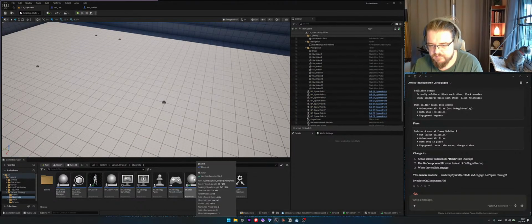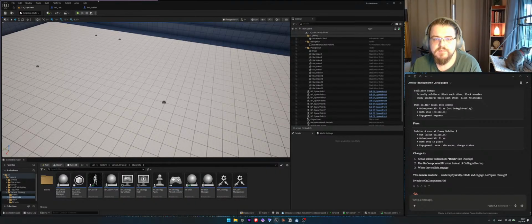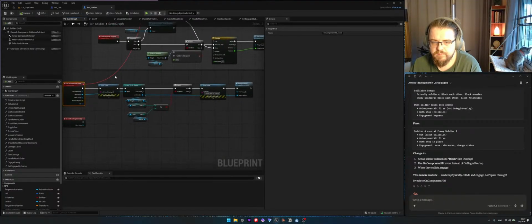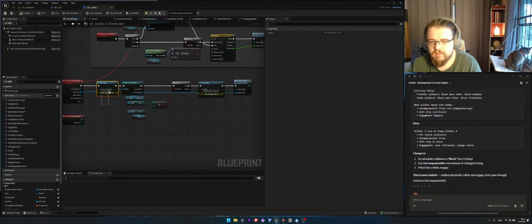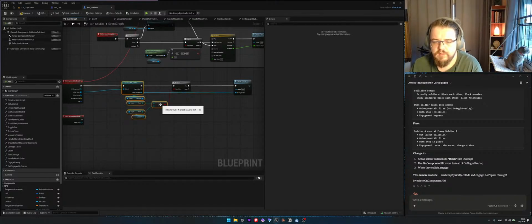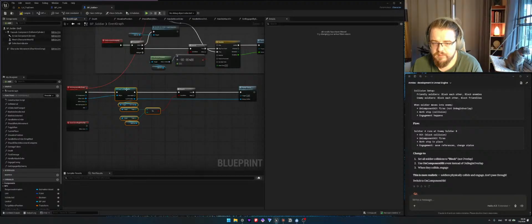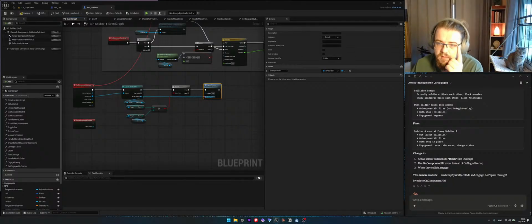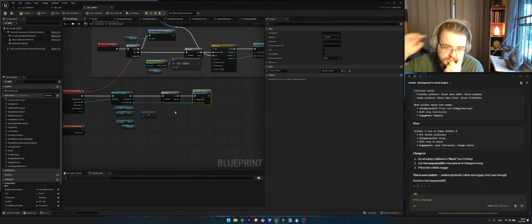Okay, so now we have a soldier, and he says, I found an enemy. Okay, let's get rid of the prints. Wait, what was this? Was it false or true? Oh, it's true, okay. Boom, boom, there. And this will be in its own function eventually, obviously. Okay, so we're going to